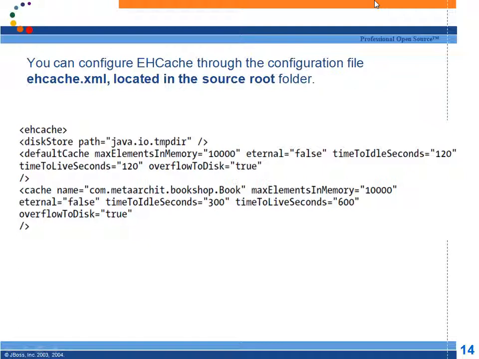See, if there are 5 entities which you identified as eligible for second level cache, but you wrote the cache tag only for 2, let's assume. For 3 you didn't specify a separate cache region. They will go into the default cache region. You can specify a separate cache region, but it's not mandatory. Otherwise, you go to the default cache region. Okay. Now tell me, when is the data coming into second level cache?